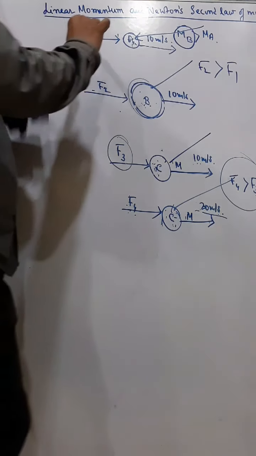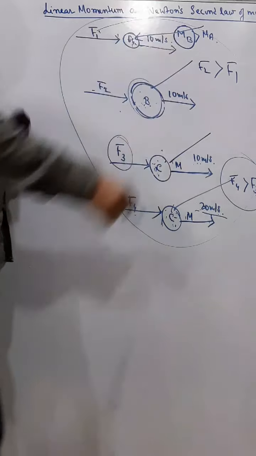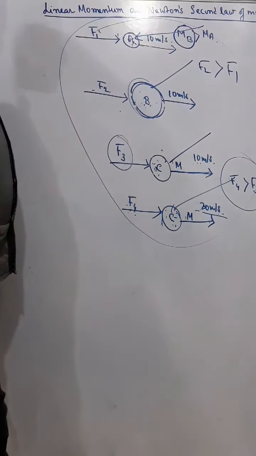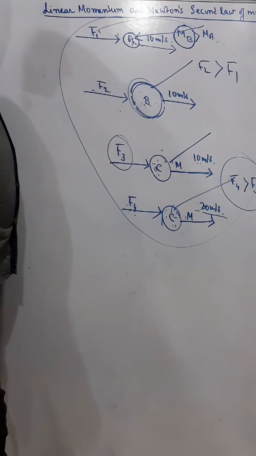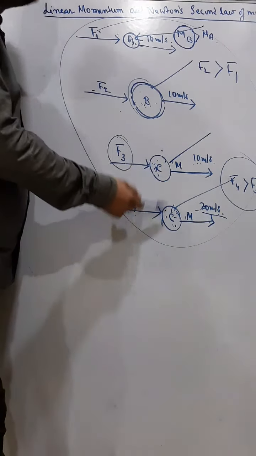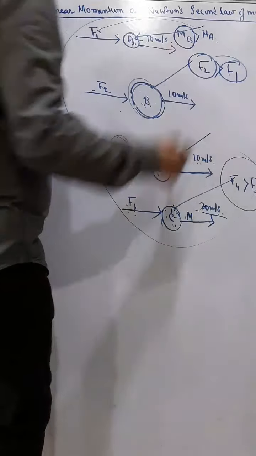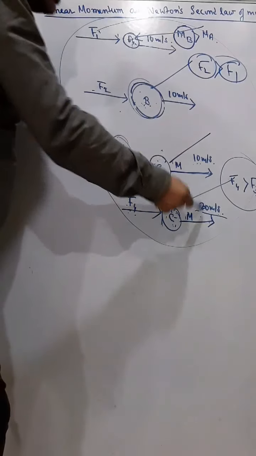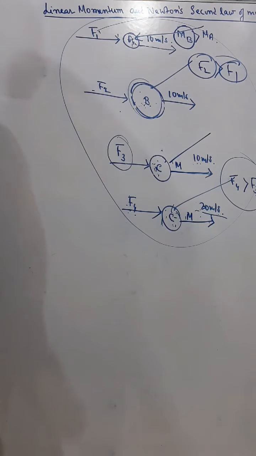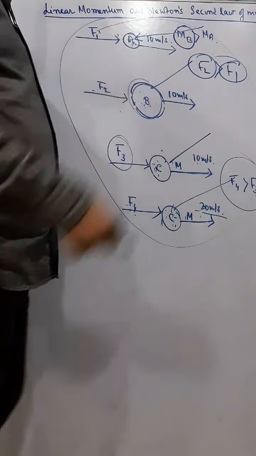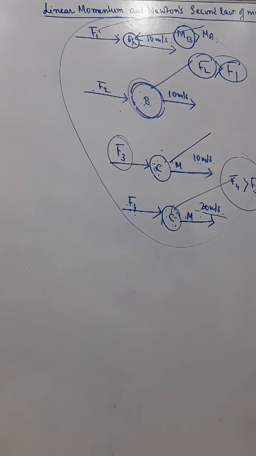So finally I get a concept here: the greater the mass of the body, the more force is required to stop or start the body, and the greater the velocity of the body, the more force is required to start or stop the body. So we can see that this force depends on the mass and velocity of the body. How much force is required to stop or start depends upon how much mass the body has, or how much velocity is there, or how much velocity I require.